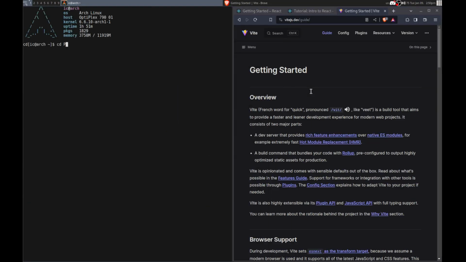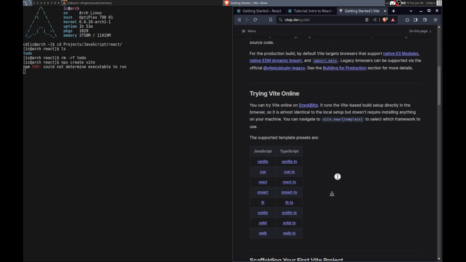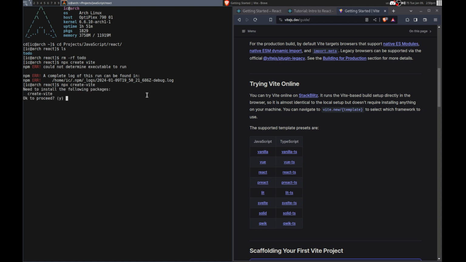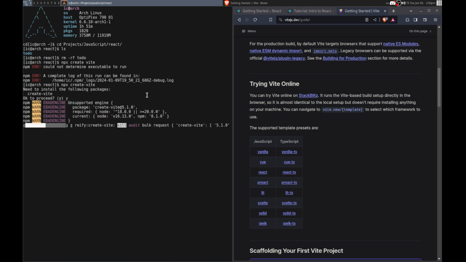Just going to close out of that. Let's see. npx vite? Just Vite. Oh, create Vite. Create React App sucks. Well, React in general, JavaScript in general even, kind of sucks. I don't quite understand what this is. Could not determine the executable. Oh, it's create-vite. Was it create-vite-app? Yes. Okay. I don't know what's happening. Project name: todo.